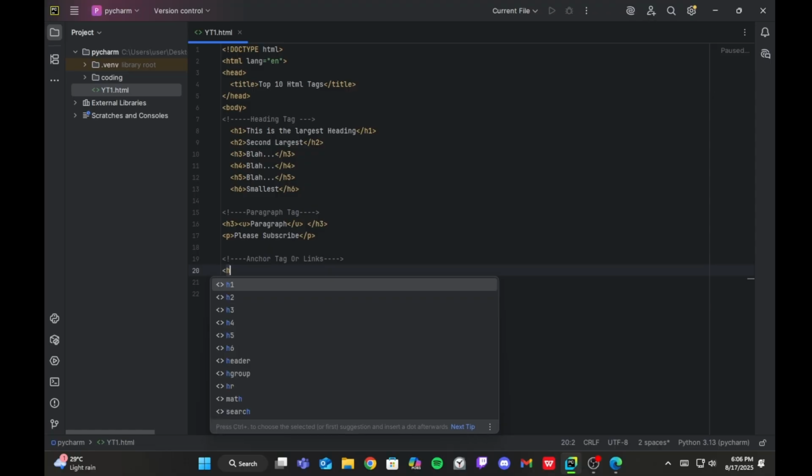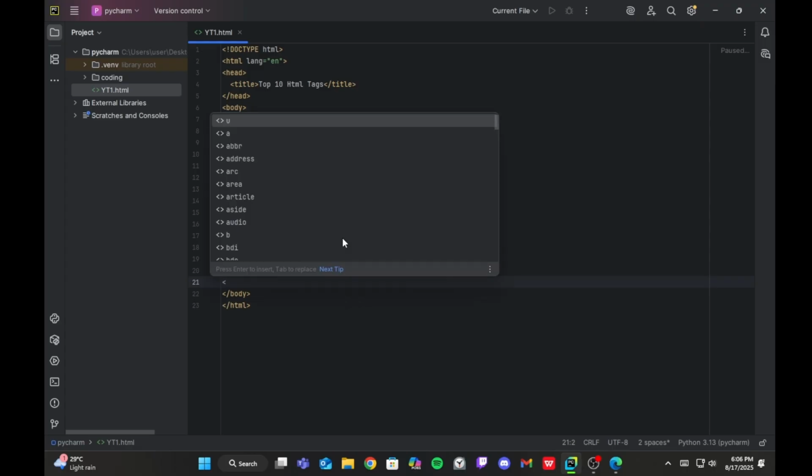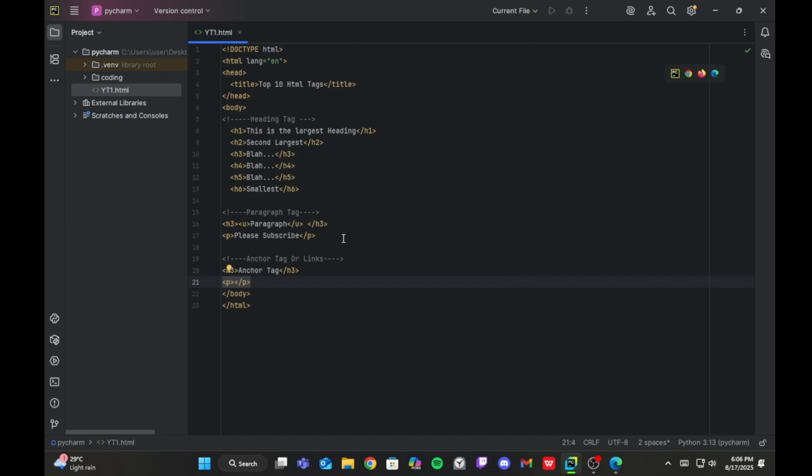To write this, let's give first a heading of anchor tag. You will understand once you see it in the web page. After heading, we have to write subscribe. Now the main tag for the heading, that is the A tag. I'm going to write